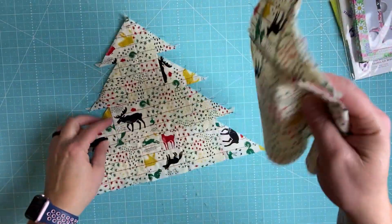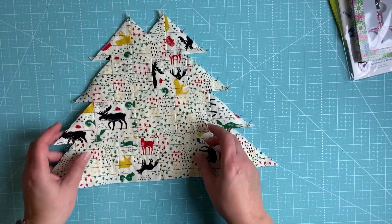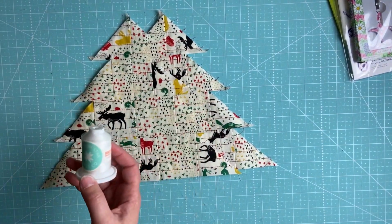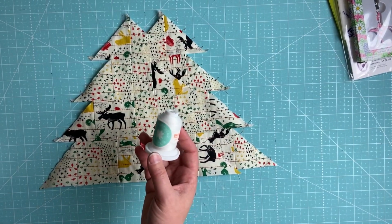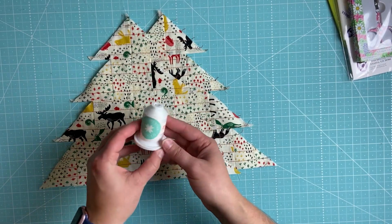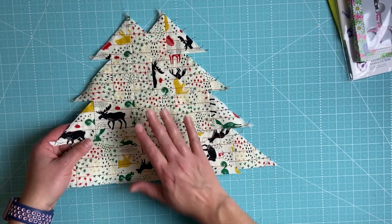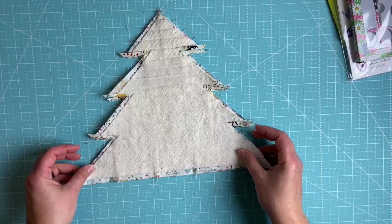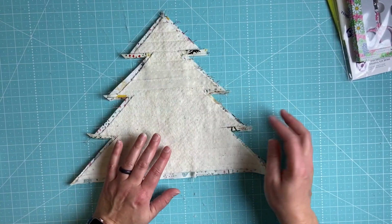Okay, so I have my two trees quilted, and I used the red thread from Missouri Star Quilt Company. It's cotton, and I got this thread on day 5 of my unboxing of Jenny's Countdown to Christmas. So I used that red thread to do the quilting, and so now it's time to bring these two together, and we're just gonna sew around the edge. I'm gonna sew a 1/4 inch